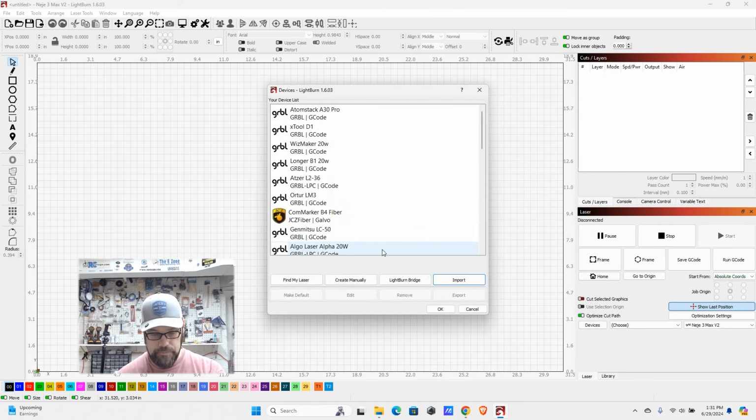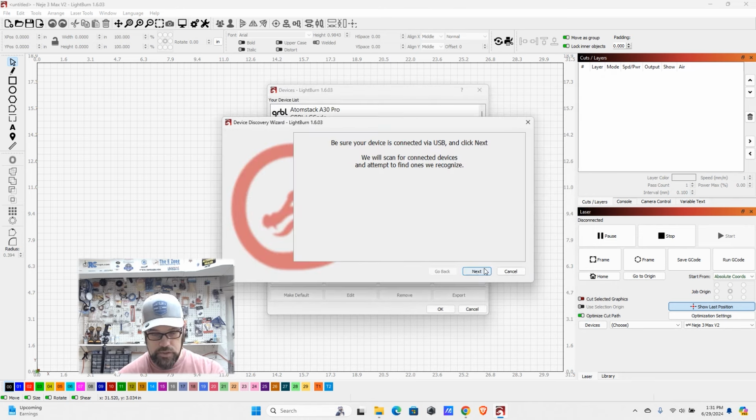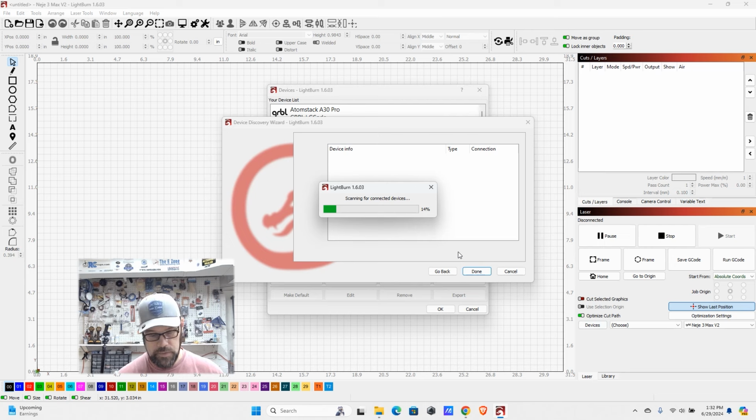If you don't have that, what you can do is hit Find My Laser, and this is going to go through and try to scan for your device. It'll tell you if it has found something, and then it'll start giving you some basic information. So if you're using a different device besides the Rolly Lasermatic, this may be a process you need to walk through. And this is going to take a little bit of time depending on how many devices are connected to your computer and such. So just let it go all the way through. And once that's done, we will step through the manual process once it's auto-detected,